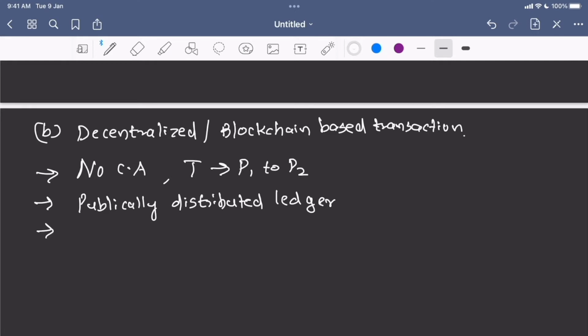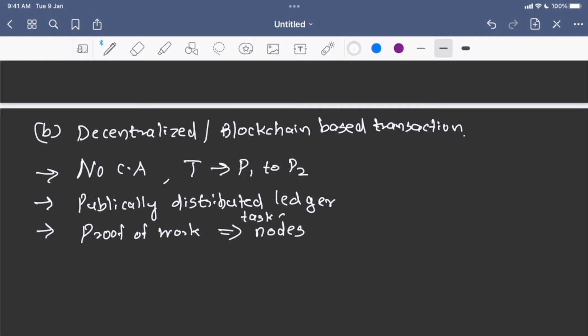And the part of trust: how will anyone trust that your transaction is genuine? So to gain trust or allow only honest transactions, blockchain, or more specifically in this case Bitcoin, uses a mechanism called proof of work, which is basically a computationally heavy mathematical problem solving task which is performed by nodes,